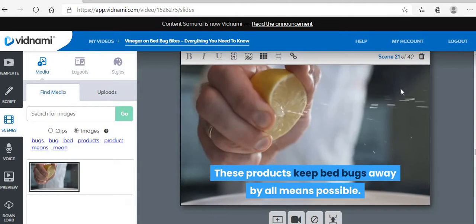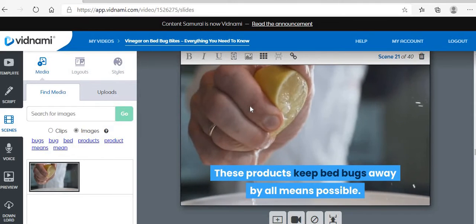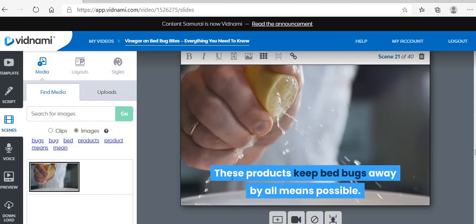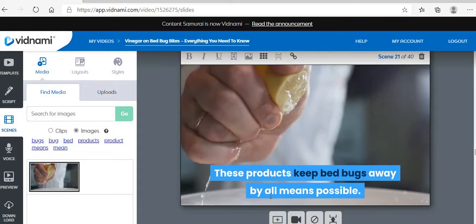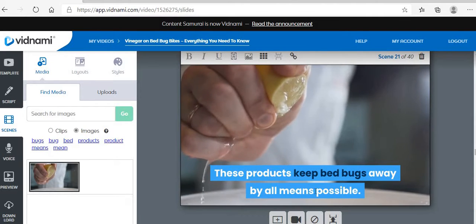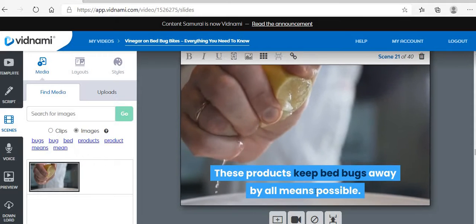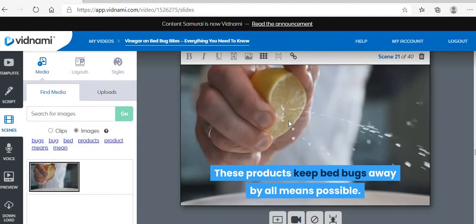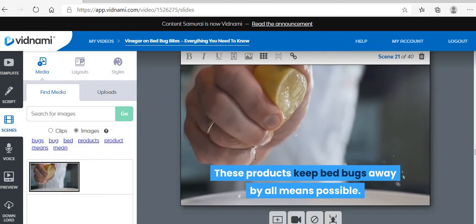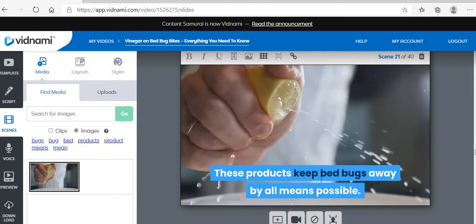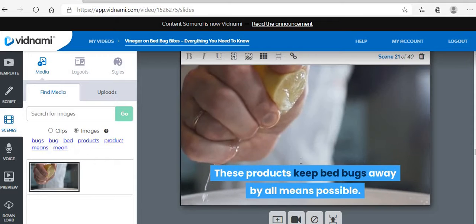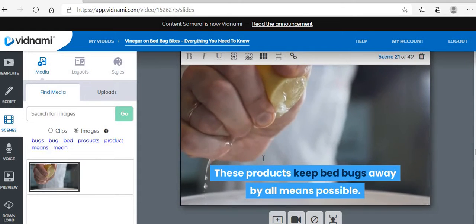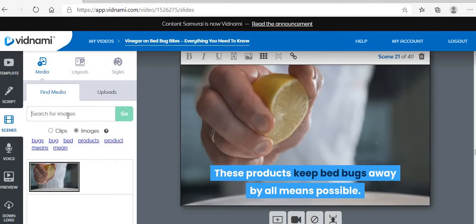Here's the scene 21. As you can see, the image is showing that someone is squeezing the lemon. However, the caption states, "These products keep bed bugs away by all means possible." Well, this write-up is not reflecting the image on the scene. You have to get a general understanding of what this message conveys. As you can see, this message conveys the statement such as "keep away." So what you do then, you type "keep away"